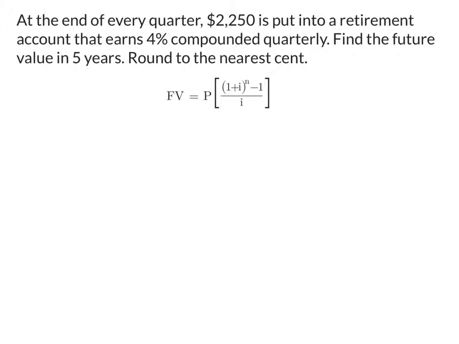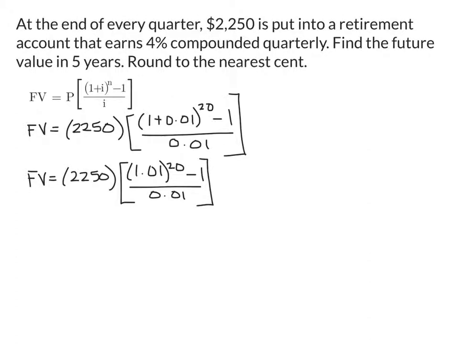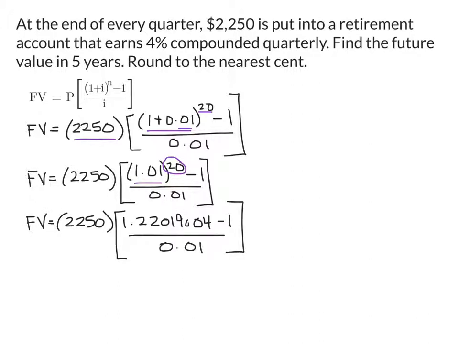Now we'll take the values for P, I, and N and plug them into our formula for future value. So here we plugged in the values for I, N, and P into our formula for future value. The first step is to work within the parentheses. So we're going to add 1 plus 0.01 and we get 1.01. Next, we're going to raise the 1.01 to the 20th power. We want to leave the decimal as long as possible, so we have